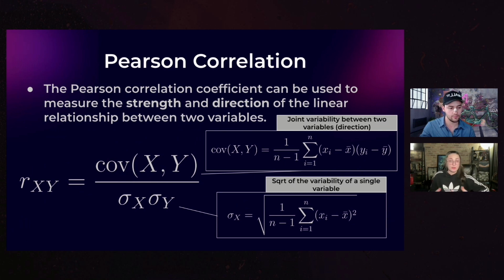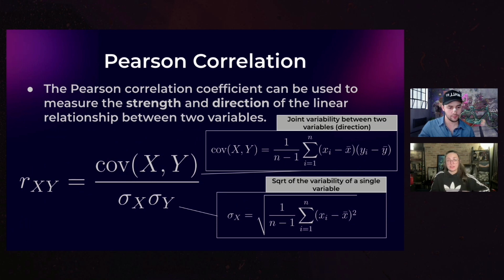It could be between SPY and gold. But when we're looking at our returns data and we want to understand the strength and the direction of the linear relationship, we might use the Pearson correlation coefficient. Basically, it takes the covariance between two variables. So if we're looking at SPY returns and QQQ returns, we want to look at the joint variability between those. It gives you information about the direction of this relationship, but it doesn't tell you about the